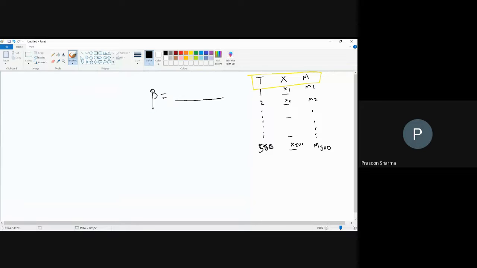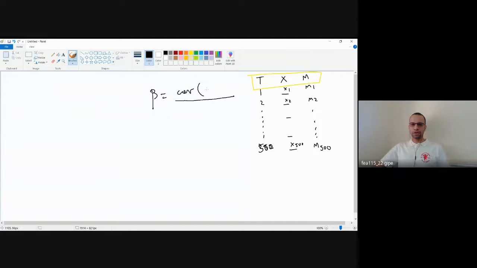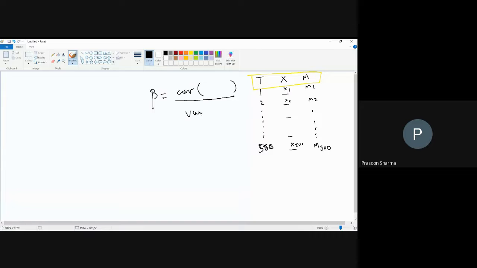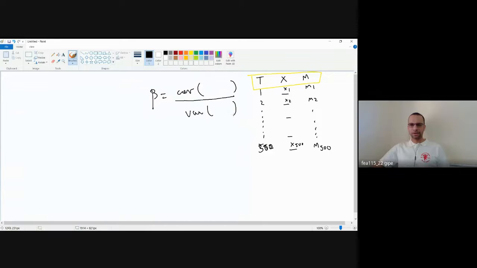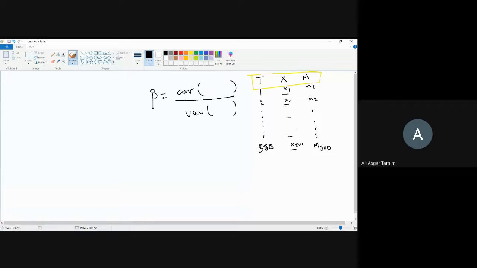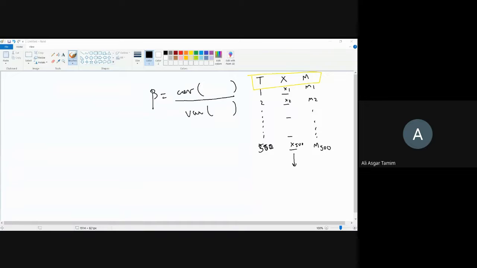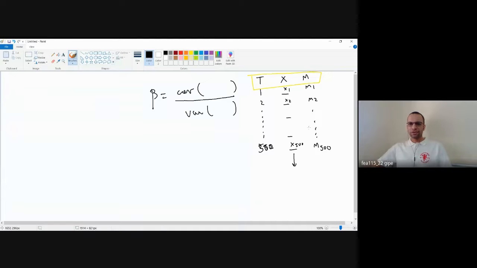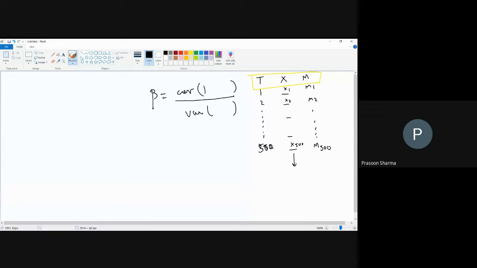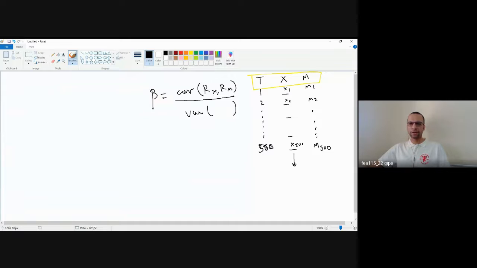Sir, it's the covariance of the market and the stock divided by the variance of the market. Okay. So do I take price levels directly or do I need to do something else? Sir, weighted prices. Okay. Any other views? So you need to take the returns. Absolutely. Very good. Yes. So for both X and M, it should be the returns which I take. So it should be the returns of the asset and returns of the market, upon the variance of the returns of the market.